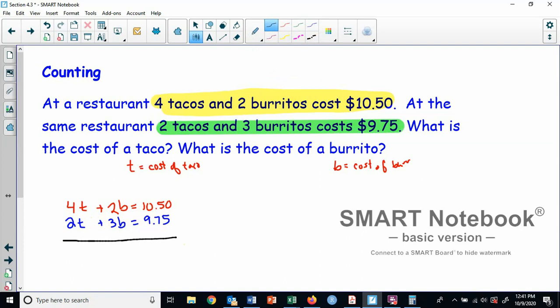Okay. Oh, I can't do an elimination yet. I need to multiply to get an elimination. Let's see. This is 4t, this is 2t. If I were to multiply this one by -2, I would get -4t, and this +4t would eliminate. So let's do that. Let's just carry this top one over. 4t plus 2b equals 1050. And the bottom one will be -4t minus 6b equals